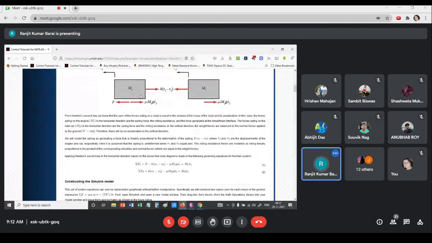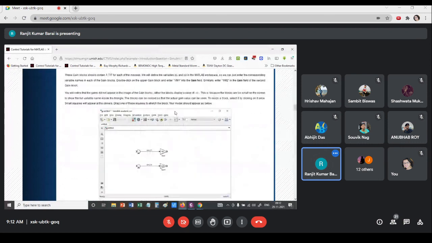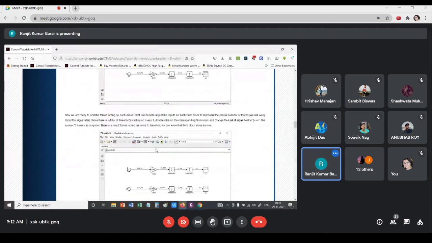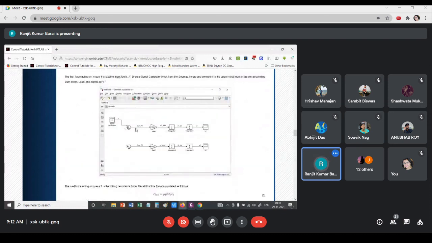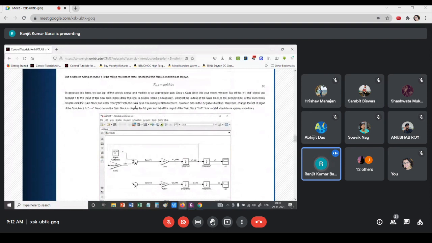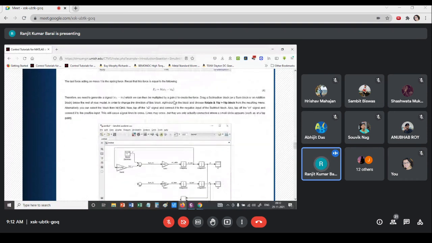You implement it. The step-by-step implementation is shown over here. You just replicate and try to understand what has been done and why it has been done. I think a pretty good amount of explanation is given. If you cannot understand that or you need more information, you can ask me.